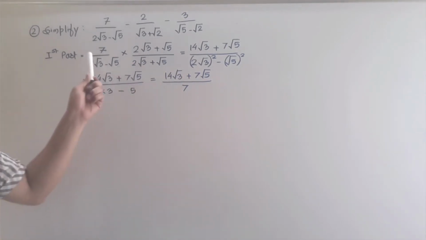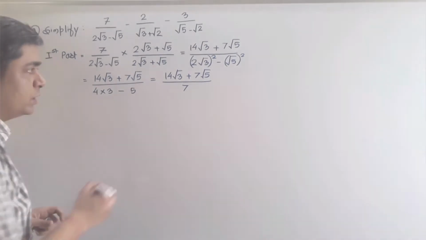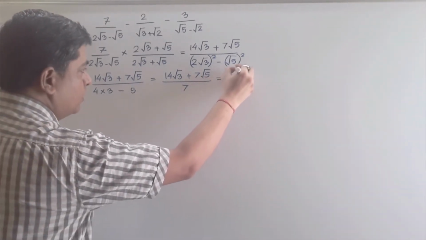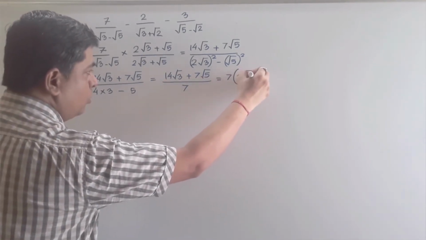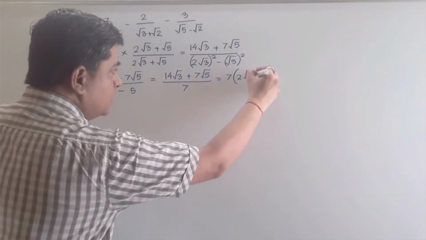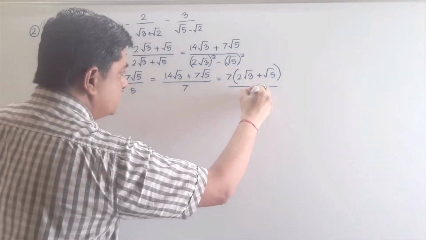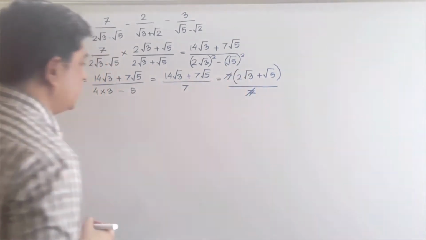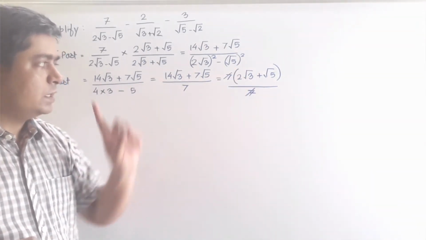Now, if I didn't multiply 7 inside, then 7 was a multiple. But no problem, we can take 7 common from the numerator. So suppose I am taking 7 common from the numerator, in place of 14 it will remain 2. And the whole term will be 2 under root of 3. Okay. Similarly, from here also I am taking 7 common. So only under root of 5 will remain here. And upon 7 lying as it is. Okay, now 7 and 7 we can cancel. So therefore the value of the first part I am getting is 2 under root of 3 plus under root of 5.